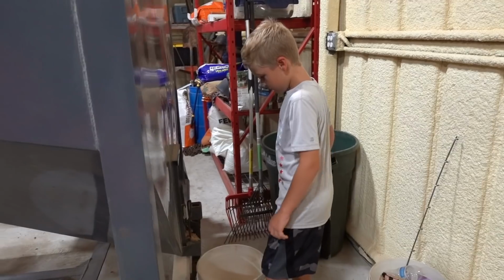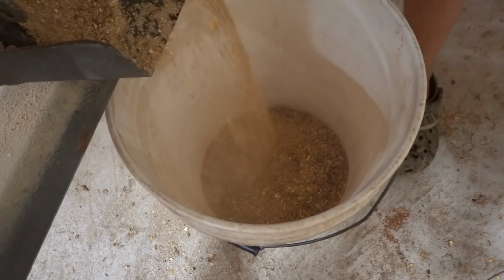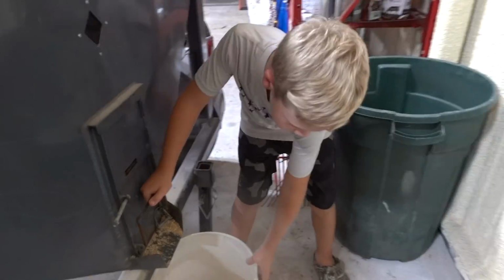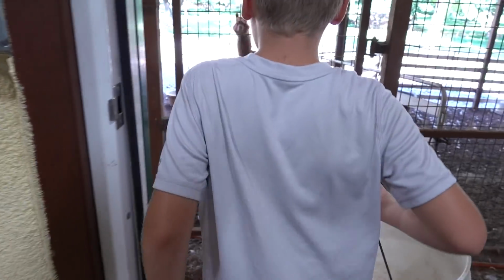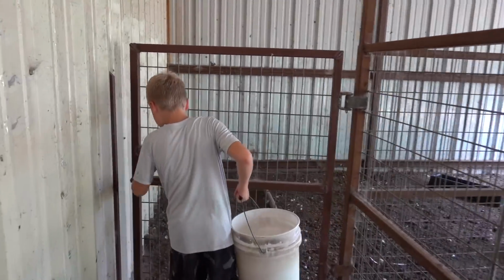Yeah. Don't give a lot, just like maybe 1/4 of a bucket. Keep going, keep going. It's stuck. Gotta shake it. That'll work. This is for the 2 little bucks, 2 little billies that are out here. And actually, what we're gonna do, Houston's gonna feed them in here, and then we'll go around and lock the gate behind them probably,